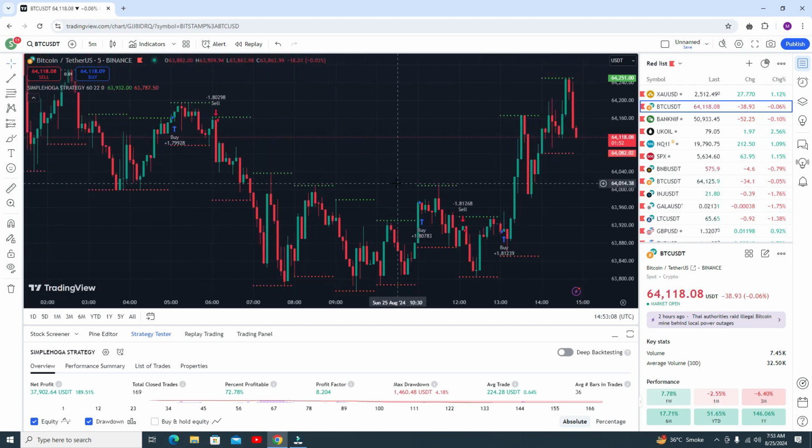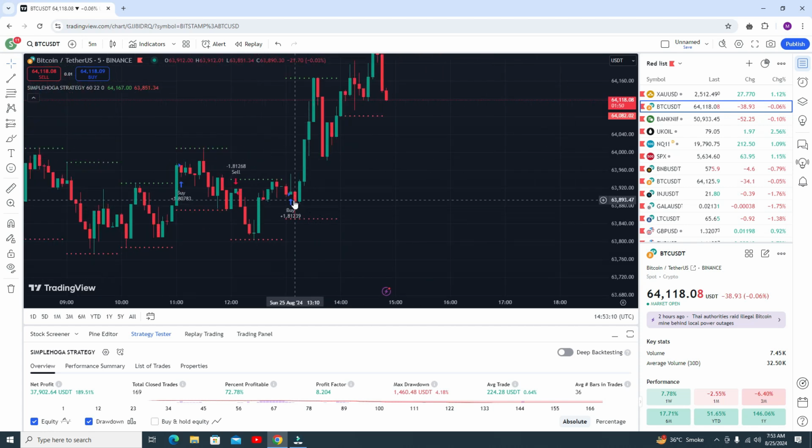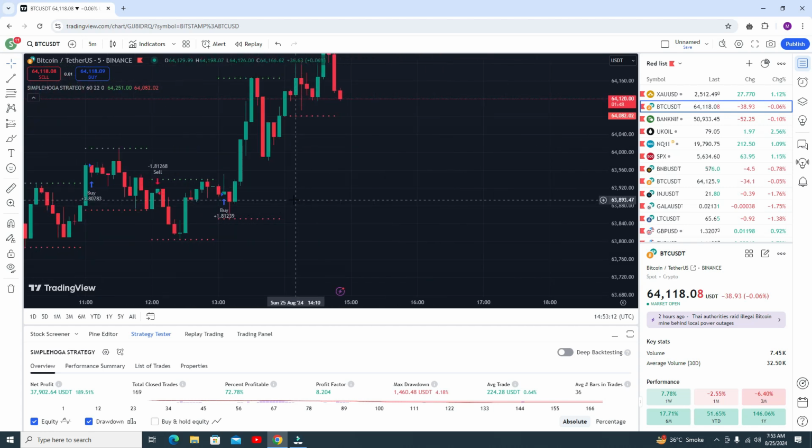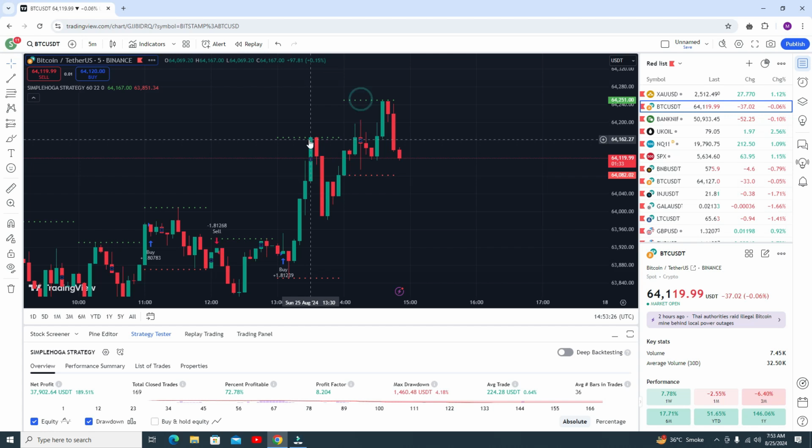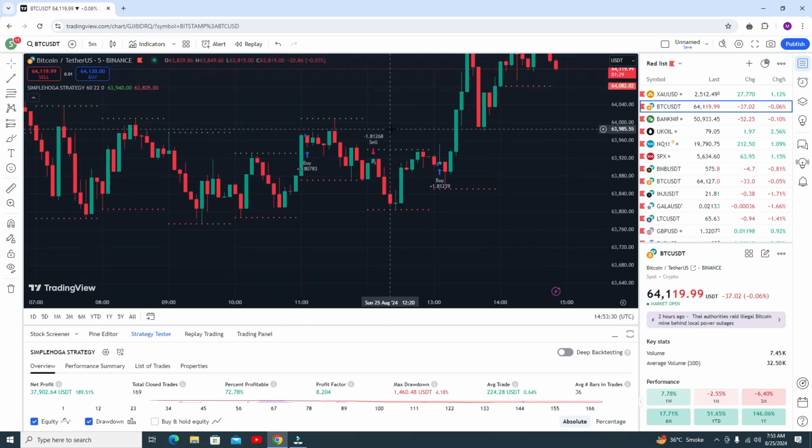Here you can see when you get the buy signal, you do not need to go for the buy position right away. You need to open your buy position from the resistance point. This is the resistance, and you need to go to a buy position from this point. Then you can book your profit simply. This is your first take profit, this is your second take profit. Here you can see the sell position, and you can book your profit here.